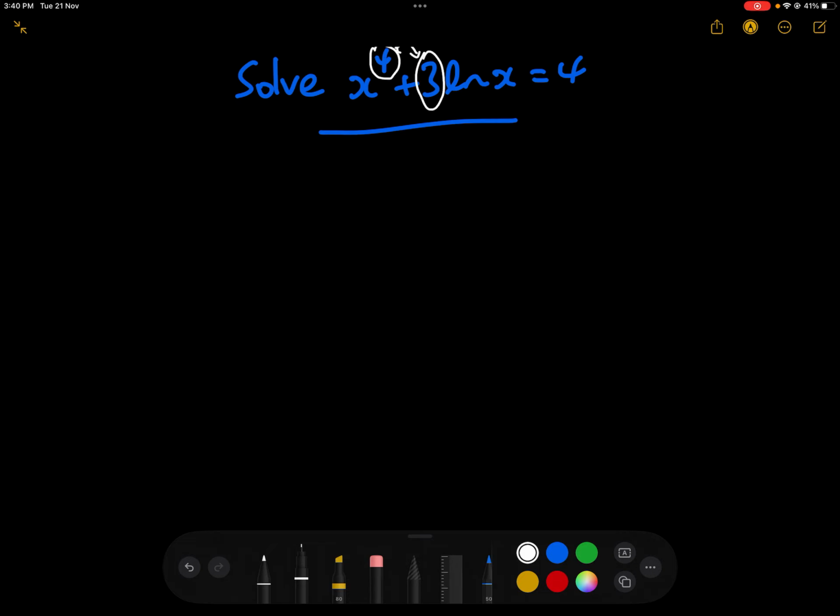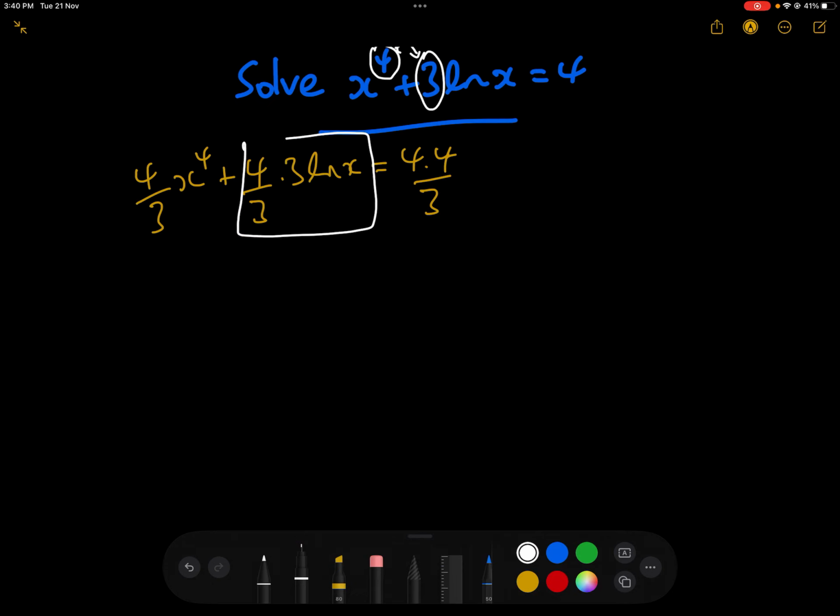And the first thing we are going to do is multiply the equation by 4 over 3, for a reason which will become evident in a couple of minutes time. So we're going to multiply everything by 4 over 3: log x equals 4 times 4 over 3. Now we are just looking at the log. We cancel the 3 out and we're going to move the 4 inside the log, which is going to give us 4 over 3 x to the power of 4 add log of x to the power of 4